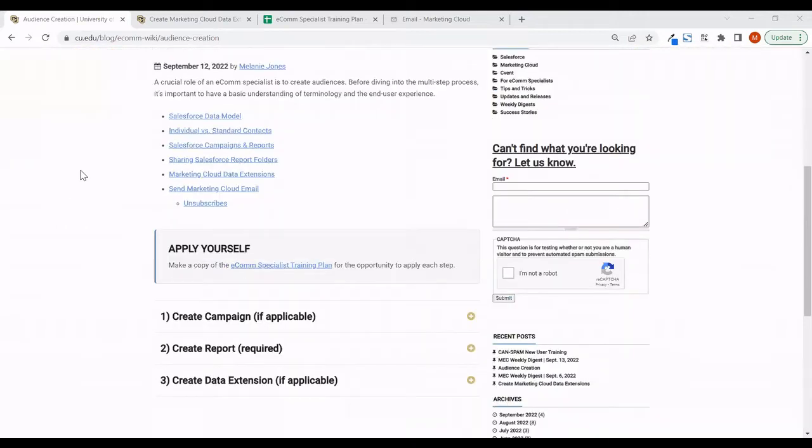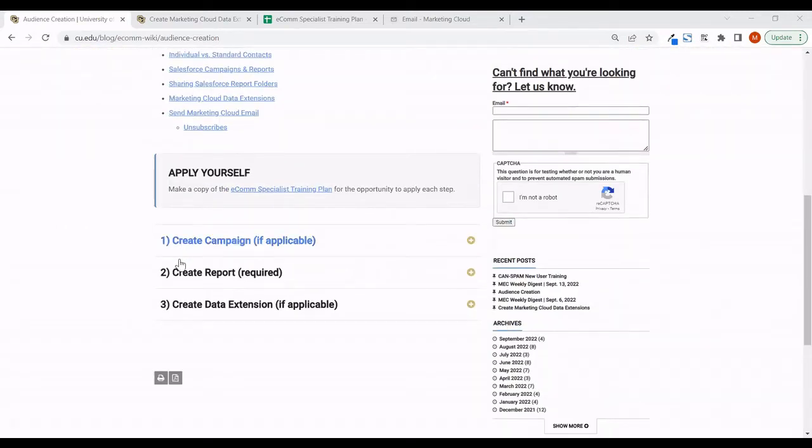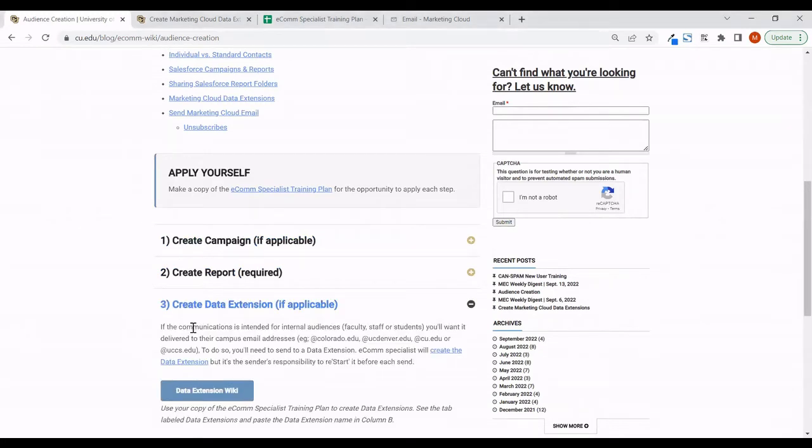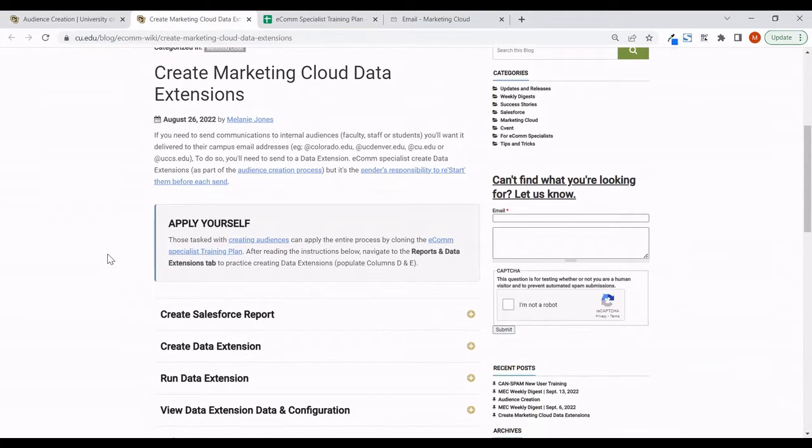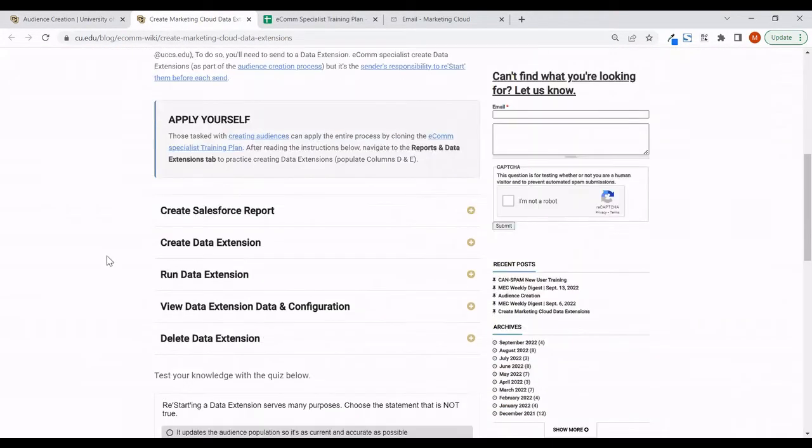Continuing through the audience creation process, you've already gone through creating a campaign as well as reports, so we can move to creating data extensions. This wiki devoted to creating Marketing Cloud data extensions has very detailed information on creating a Salesforce report in preparation for it to become a data extension, how to make that data extension in Marketing Cloud, the importance of running it, the ability to view that data extension data and how it's configured, as well as deleting